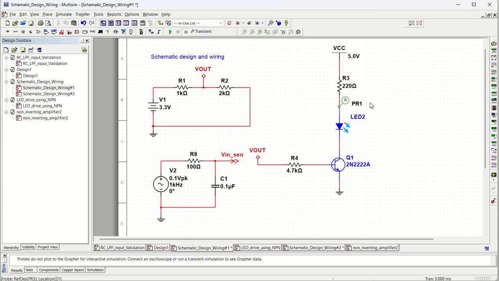Okay, so I'm going to delete all the probes that are not needed so that it is a very neat and clean circuit. Okay, so if you do have any questions regarding the circuit design and simulation with multiple pages, or highly complex circuits, and how to connect the net names using net name or something like that,